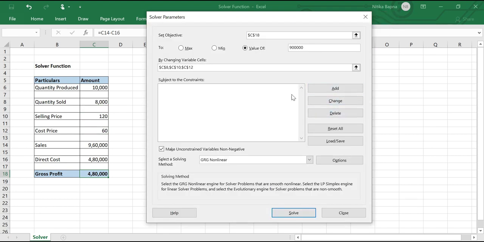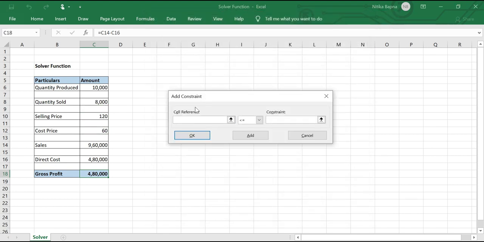Then I'll add conditions. Add constraint here: whatever condition I have to add, I'll select the cell reference, the thing which I want to set as condition. So here I'm taking quantity sold equal or greater than 10,000. I'm adding that constraint first.